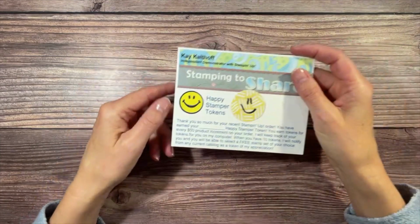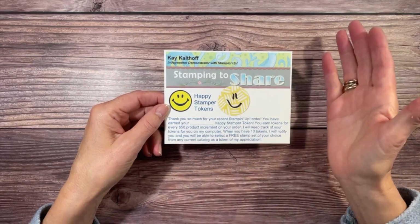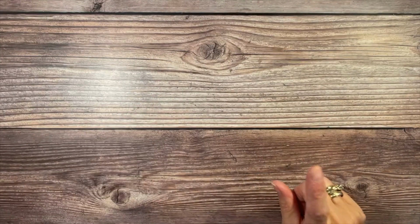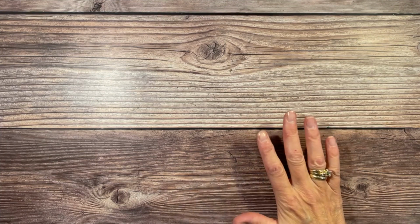And finally, in the basic kit to go, you will get a happy stamper token. When you have 10 tokens, you get to pick a free stamp set of your choice. That's the basic kit. You will also get 8 card setups, and I'm going to now show you the deluxe